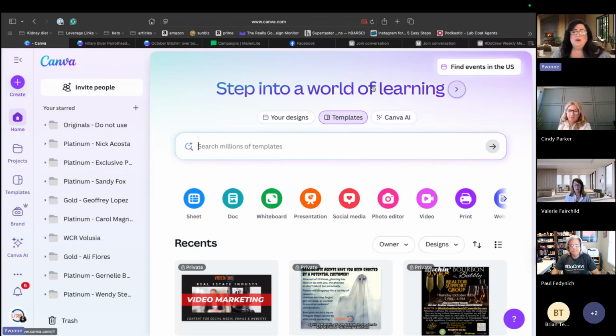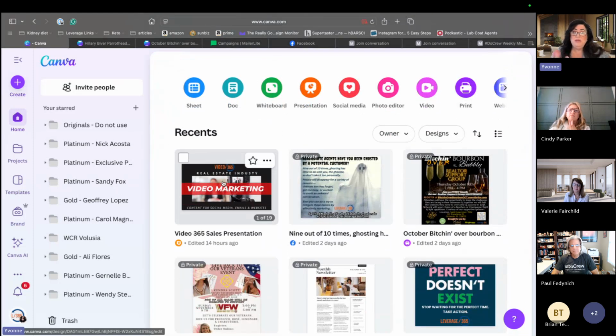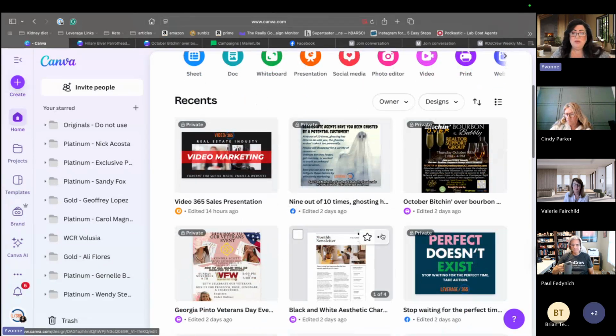So, scheduling your posts in Canva. Essentially, you're going to create anything that you've wanted to create in Canva, and then you have these, which are just some of my posts that I've created. So say I wanted to schedule this.